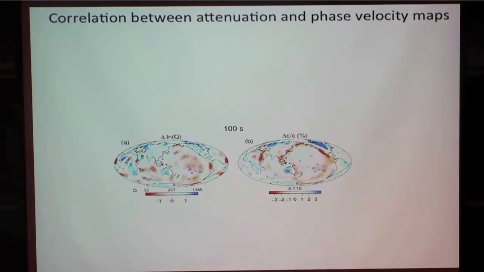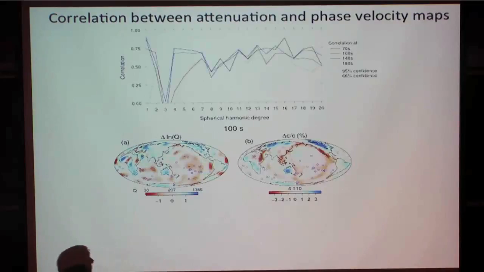phase velocity maps. And we did that as a function of spherical harmonic degrees. And if we do that, this is what we get. This is the correlation for different periods between the two maps, which are built exactly using the same data set and same smoothing. And you can see that this curve here represents the 95% confidence level. It means that there is 95% chance that the correlation is significant when you